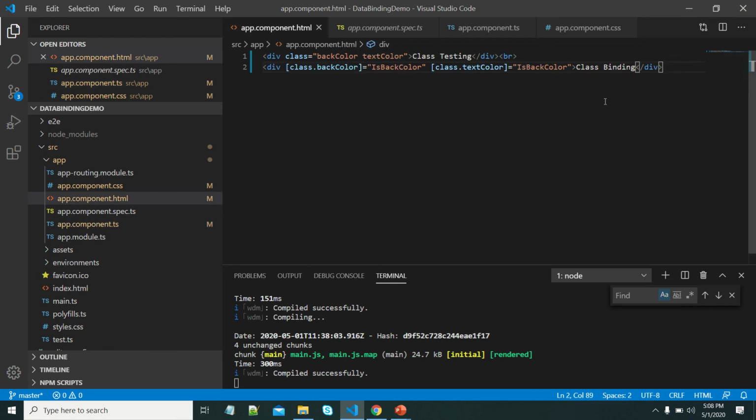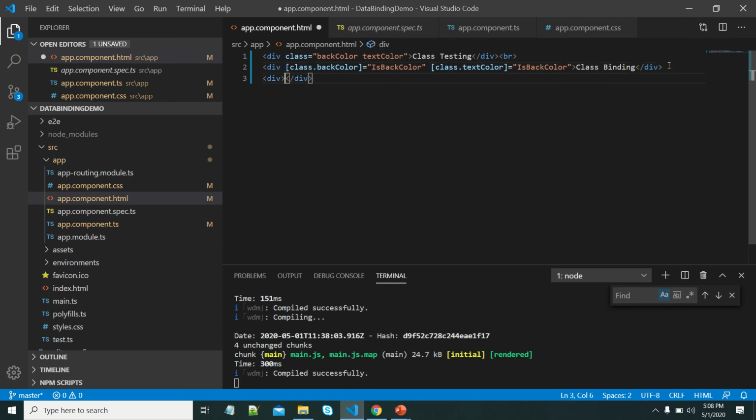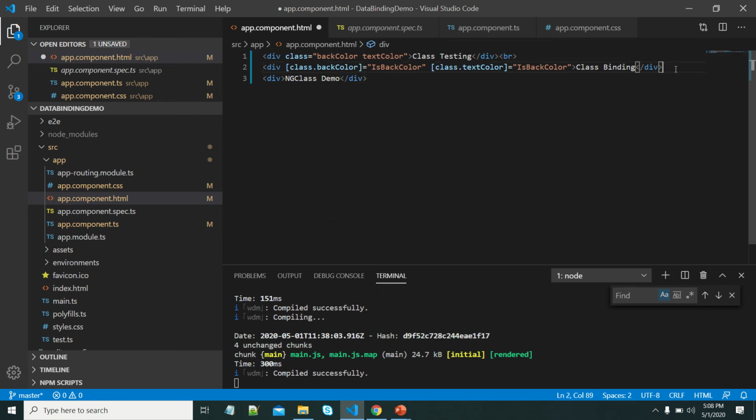This is the way we can use class binding. But here, if you want to apply multiple CSS classes dynamically, it's possible by writing the class binding property multiple times. Instead of that, we can use ngClass, which is available in Angular. Let me put a p tag here.